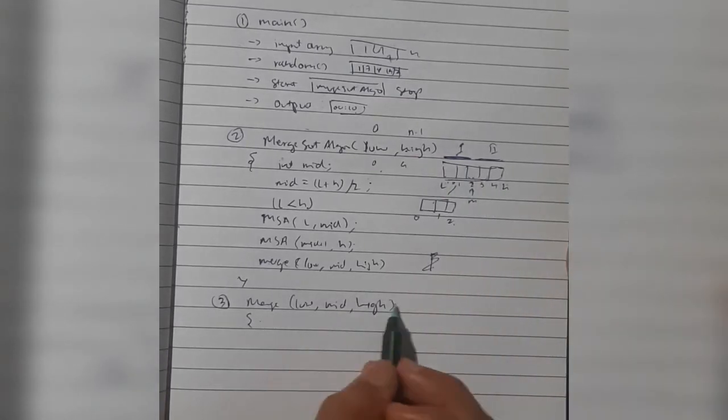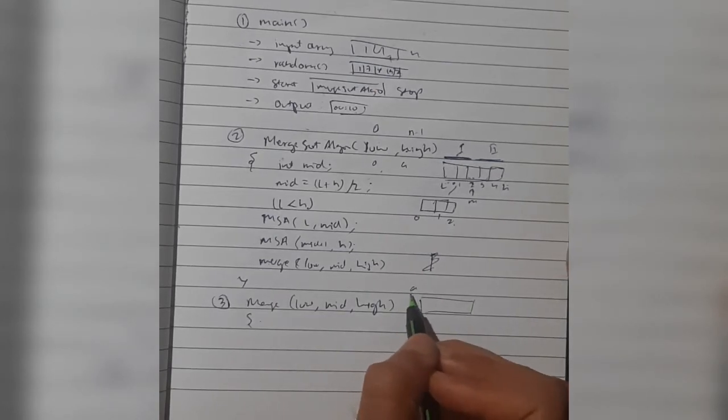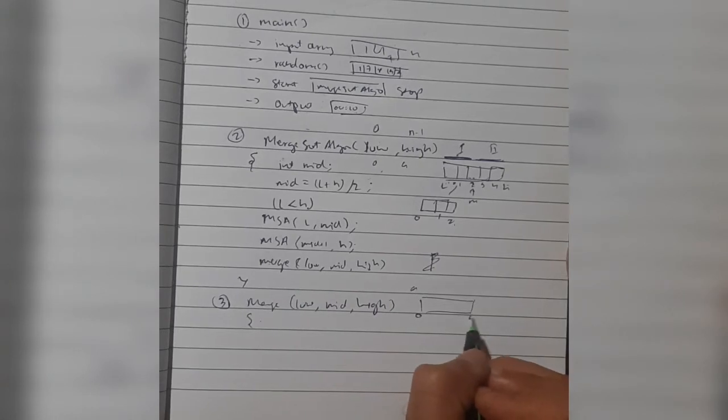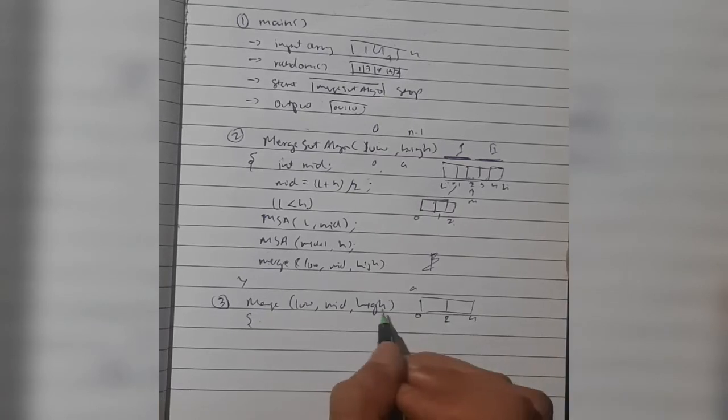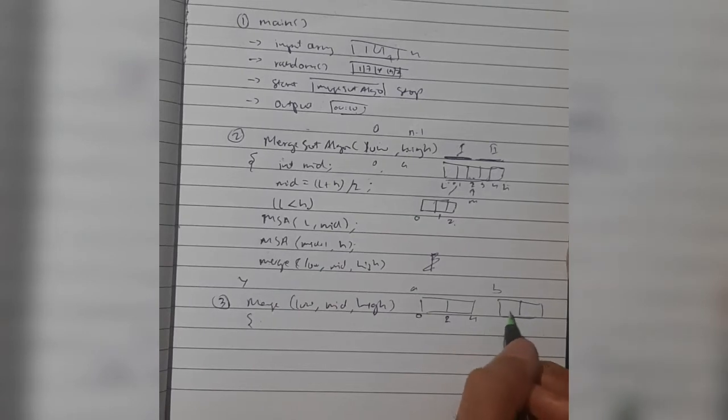So here it will come, that is the original array, we will call that array as a. Okay, a will be from 0 to high, which is 4 here, and mid is 2 here. This is the array which we got. What we'll be doing, we'll be creating another array which is b, and here we'll be having the empty array, nothing in that array initially. That will also be of the same size, 0 to 4 here.